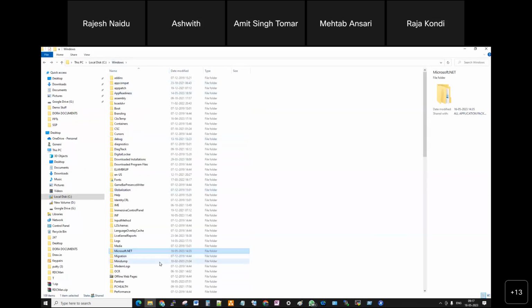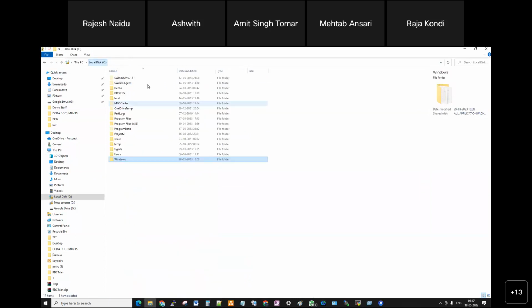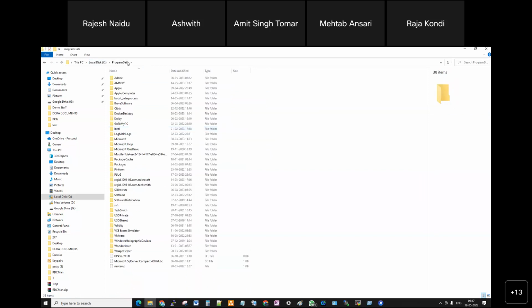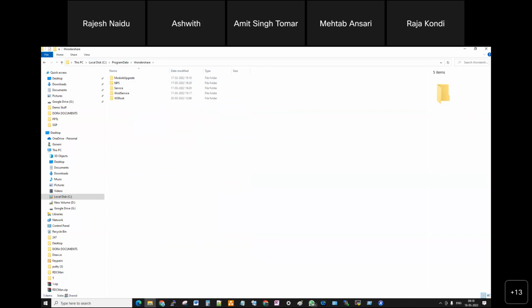If you install any other application, separate folders will be created here, like ProgramData, different folders. For example, Citrix related files only install here. Apple related files only will be installed. Intel related only. Microsoft related only. TechSmith related only. Wondershare related only. So for third party, separate folders will be created with the respective files. If you want, we can go and check that, the related supporting files for the software.